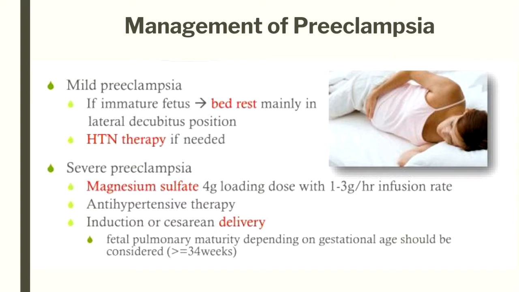After that, unlike preterm birth, where we're only giving it usually for 24 hours, we're going to give her a maintenance dose, because just because I gave her a loading dose and I prevented her from having a seizure right now, if I stop it, she's still at risk for a seizure. Okay, so I'm going to give it to her continuously, usually at 2 grams per hour. I know it says 1 to 3, but usually it's 2 grams per hour until delivery. Okay, she's on this MAG. It's a nasty drug to be on. Antihypertensive, induction, or C-section, depending on what the baby is doing or how severe things are.